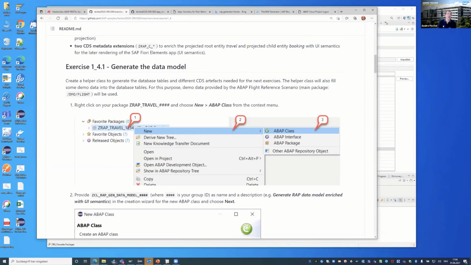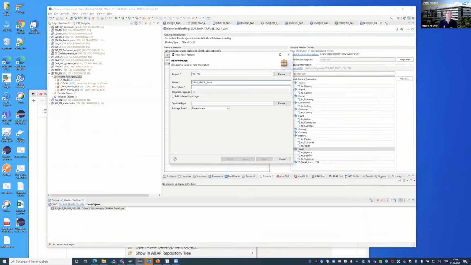I will call it ZRUB Travel 4711 and the description Demo Stammtisch Netherlands.